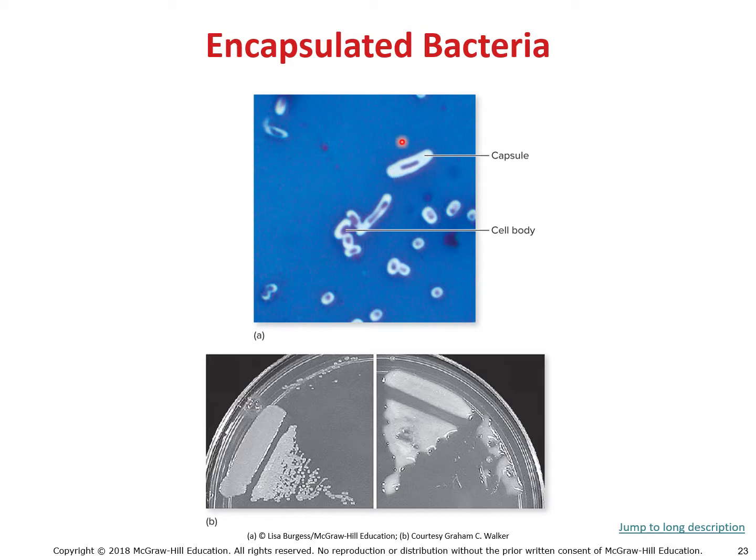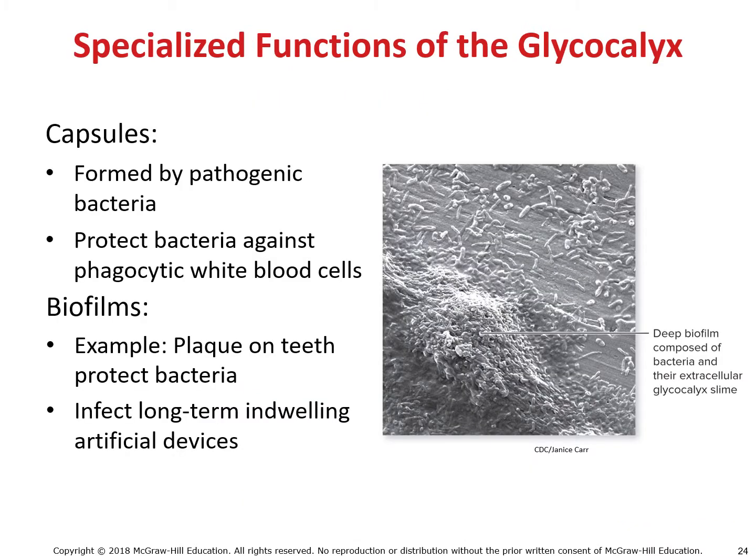So this is that capsule stain that we've seen previously. So I can see the bacteria in the middle. I can see the negative staining in the background. What lies in between here is the capsule itself. Notice down here, even at macroscopic level, you can actually see differences in the glycocalyx producing bacteria. As we already said before, capsules again prevent phagocytosis. So it's important to understand that this would make a bacteria more dangerous or more likely to cause infection, thus